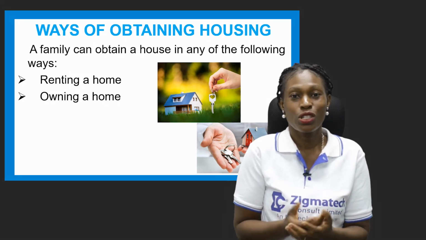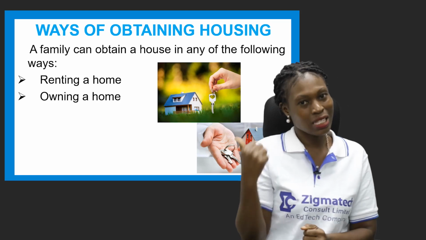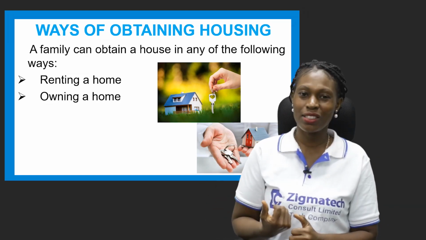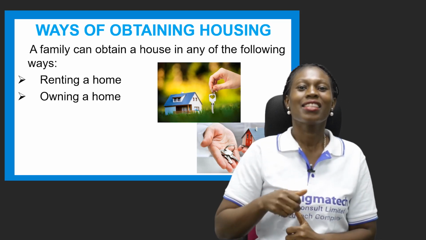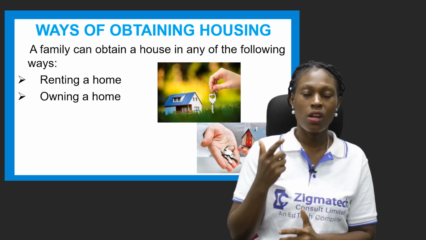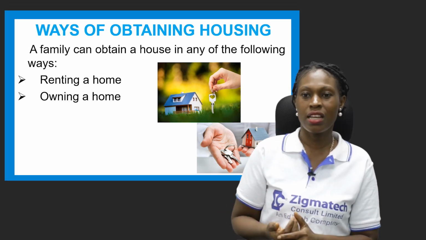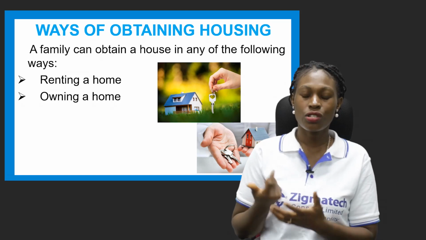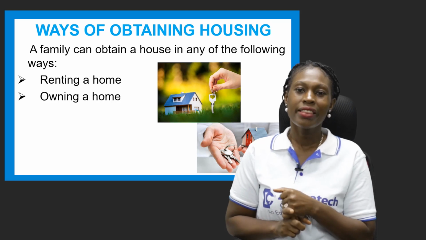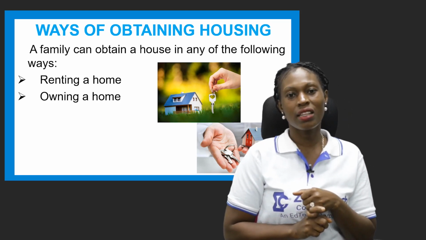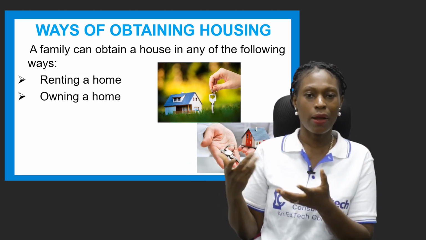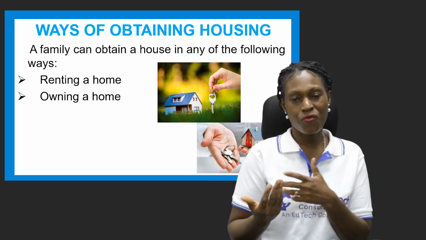You're entitled to say, I'm going to my house, like we say, but you're not the one that built it. So you have the right to say, that is my house, because you are paying for the housing unit in which you're living. So a family can actually obtain a house by renting a house. Now, another way the family can obtain a house is by owning a house, and you can do this in different ways.